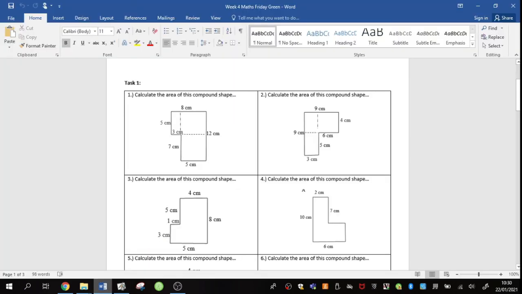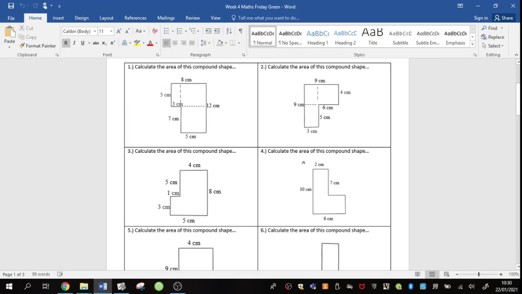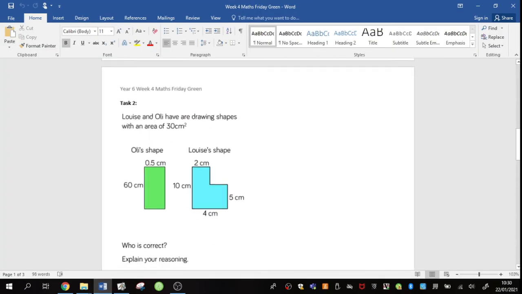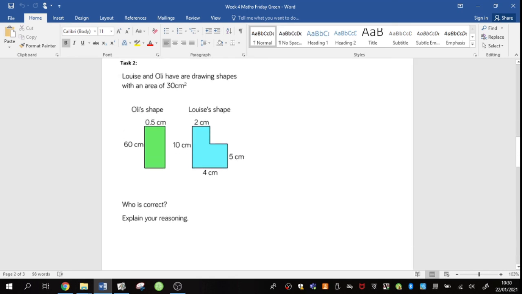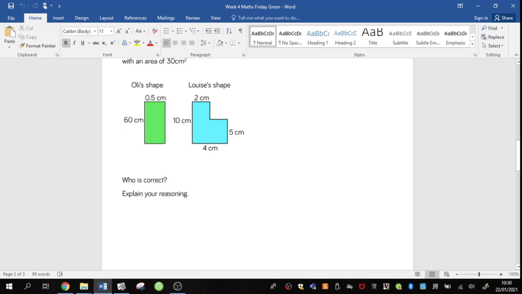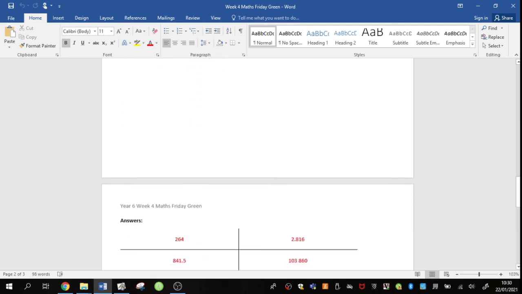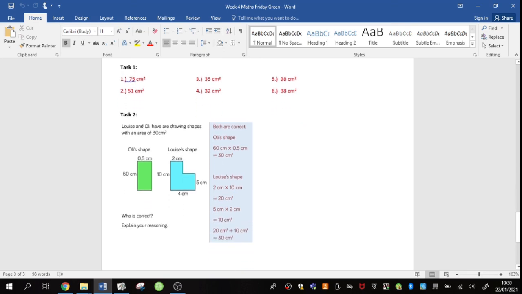Your task then is to now calculate the area of these compound shapes. Once you've done that, there is a mastery task at the bottom. This is the part where you need to think backwards slightly and see if you can apply that knowledge to solve that problem. Answers as normal are